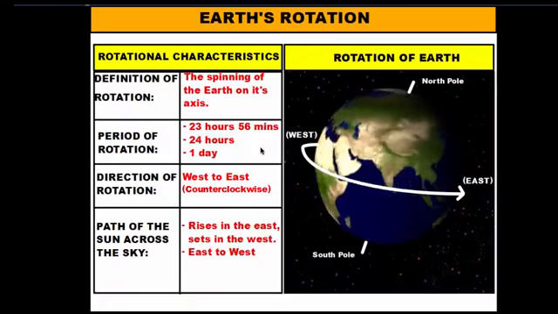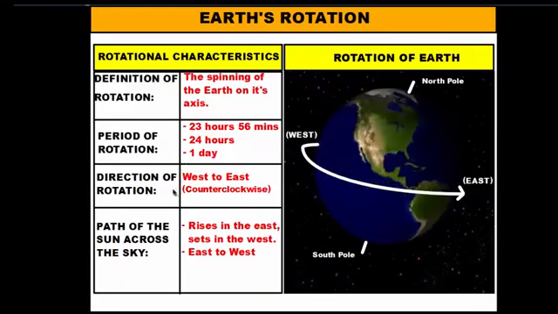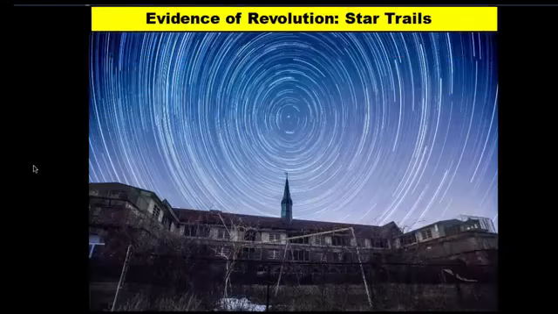Now let's talk about the evidence to help prove rotation of the Earth. Now there's two pieces of evidence that we're going to discuss. First piece of evidence are star trails. Star trails are these circular trails that the stars leave when exposed or overexposed to a camera. The reason why the stars